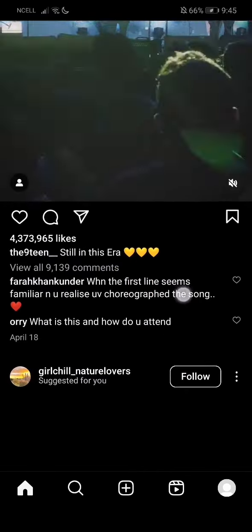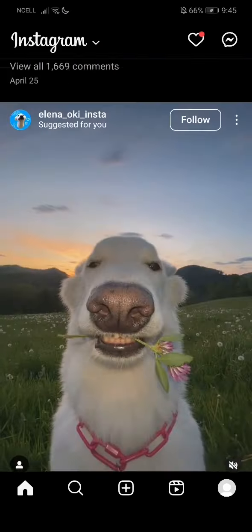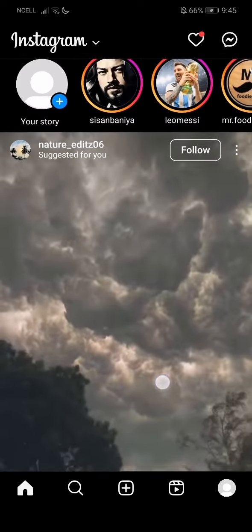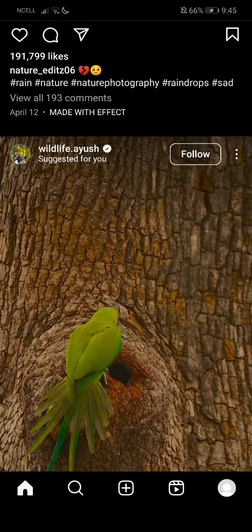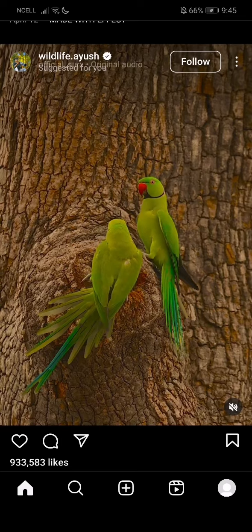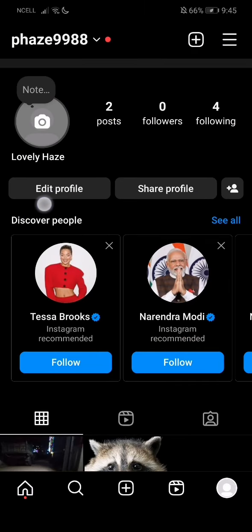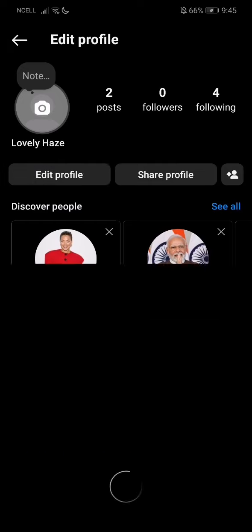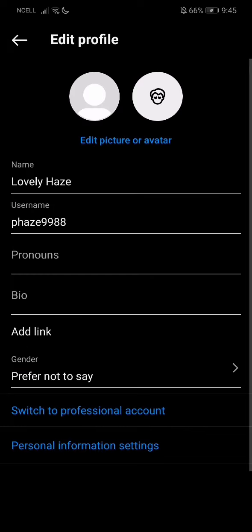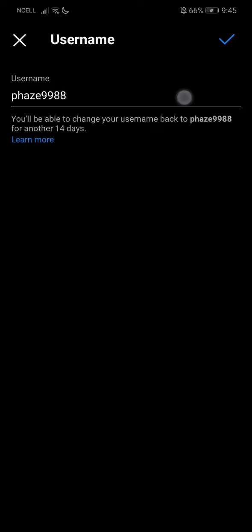Firstly, what you need to do is go to your Instagram app and then log in to your account. Once you do that, go all the way to your bottom right corner to your profile icon, and over here you'll have this edit profile option. Just go over here, and now as you want to change your username, go to username, and now just choose